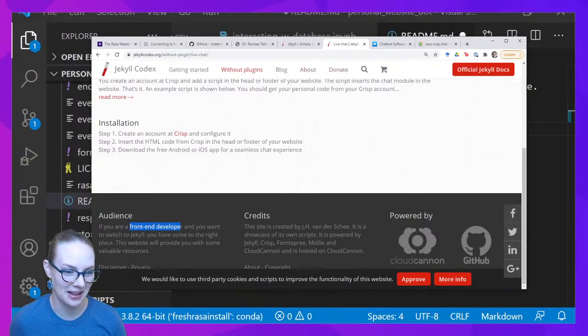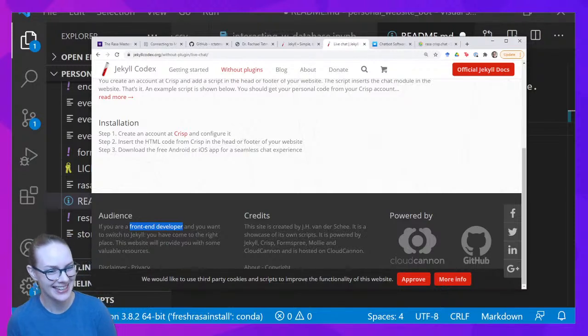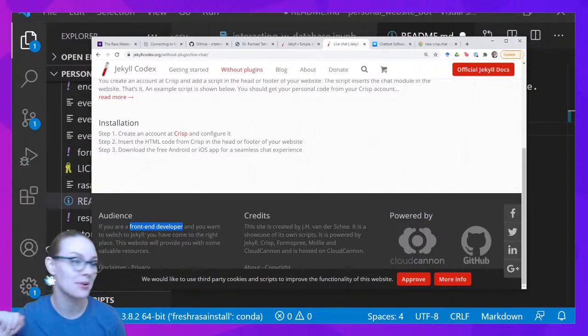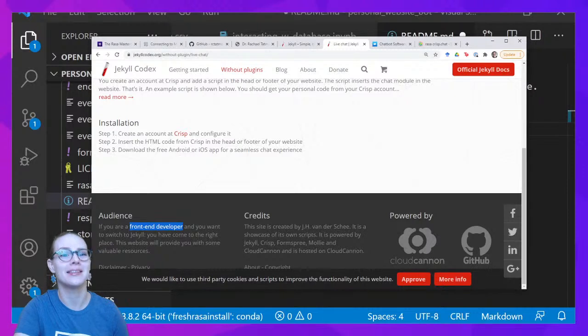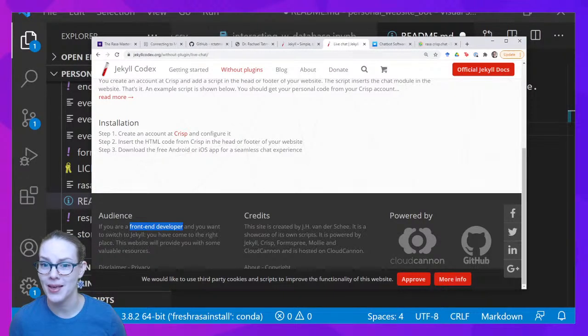Yeah, if you're a front-end developer, I'm not, and want to switch to Jekyll. Nothing but respect for front-end developers. It's so hard. You have to care about so many things all the time, and it's so hard. Anyway,